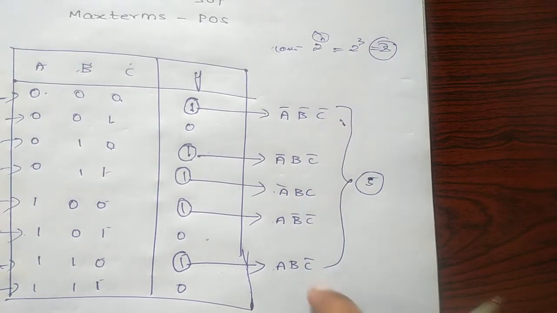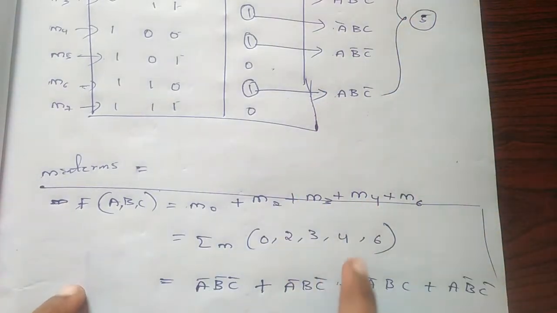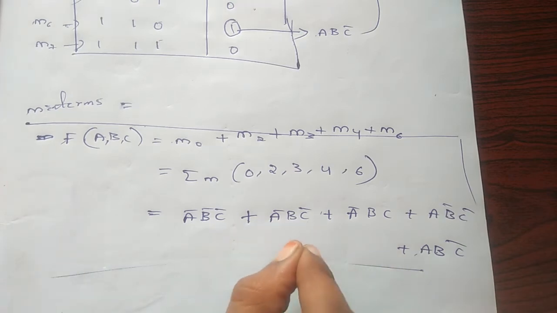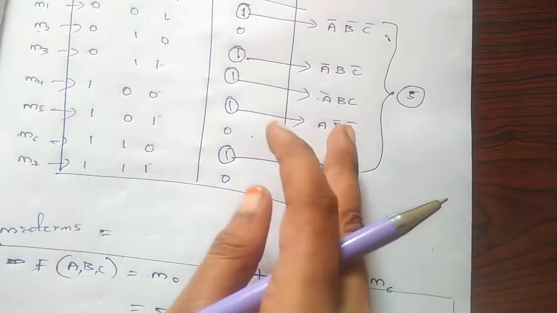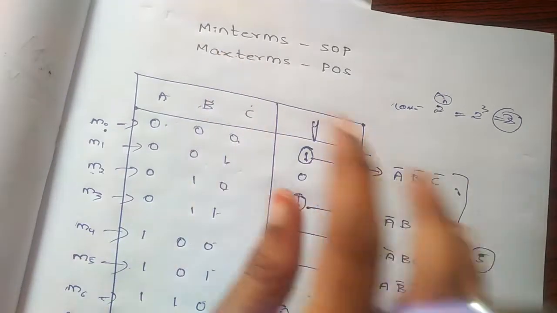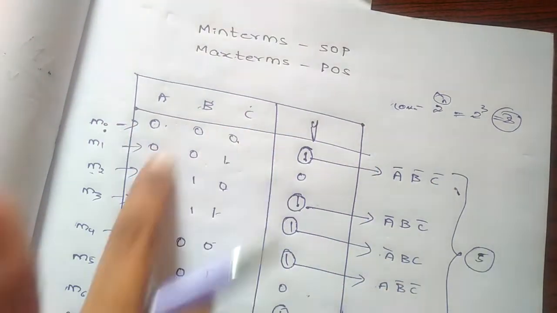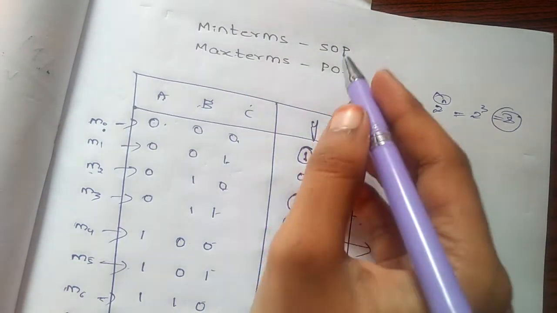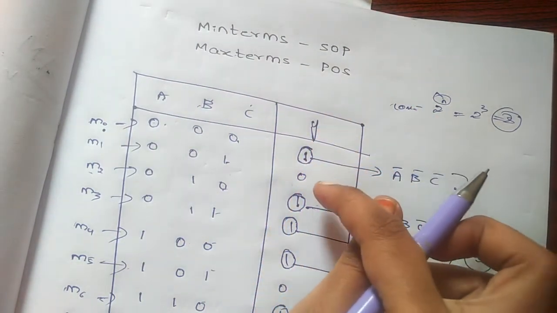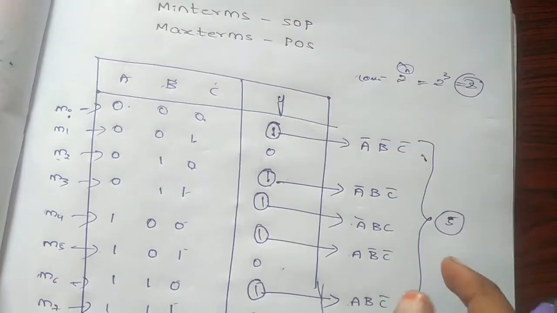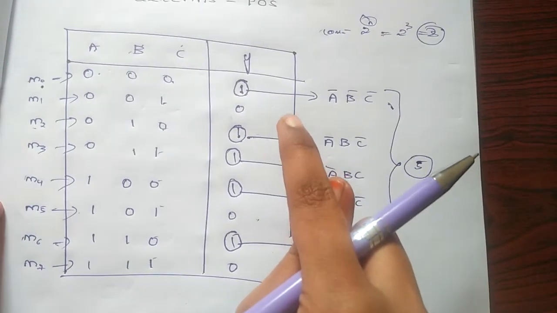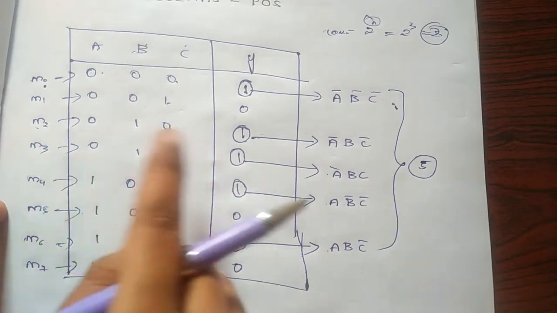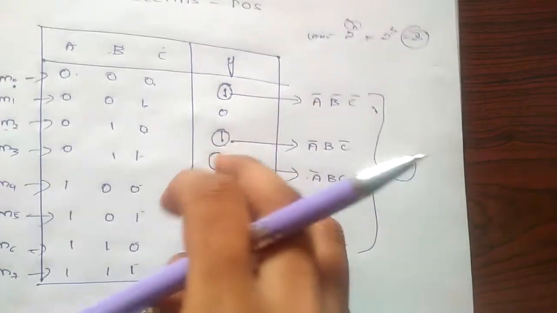Each term can be obtained. So all that we have to do is add them, means sum them, and then we get the final equation for that output in terms of minterms. Next, in the same example, let us see about max terms. So max term is taken at the zeros in the outputs. We are having 3 zeros finally, as 5 are already for minterms, then the remaining 3 are for the max terms.